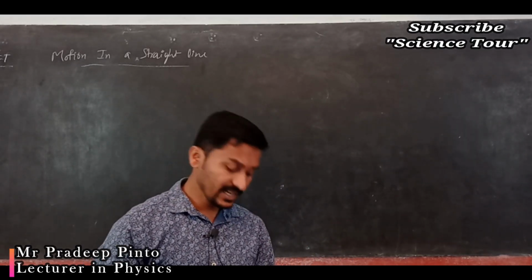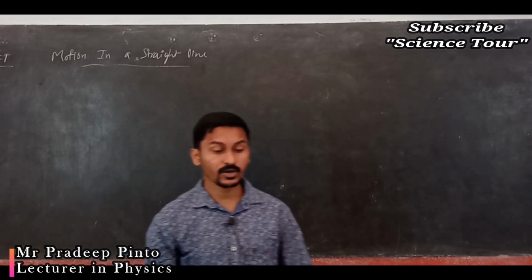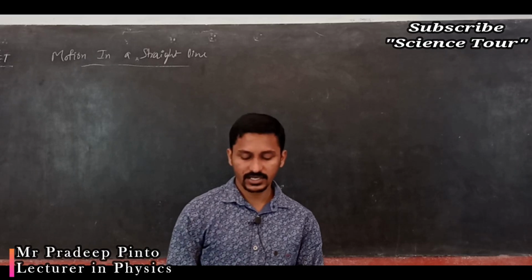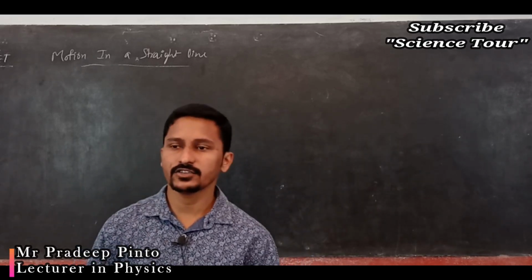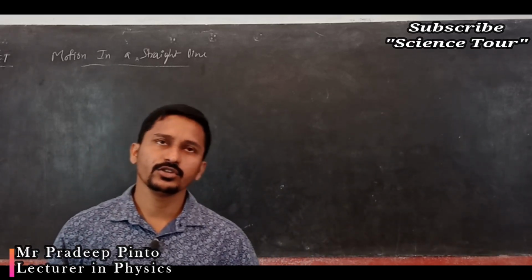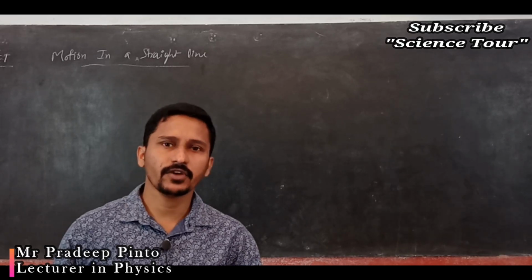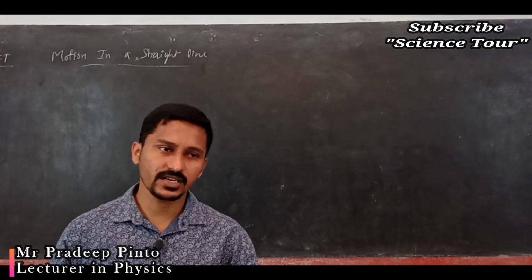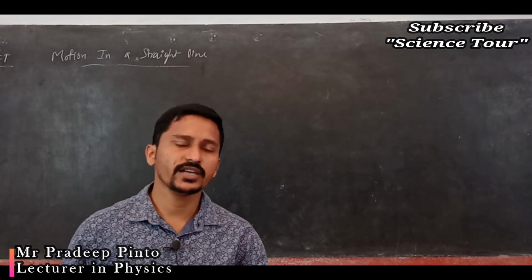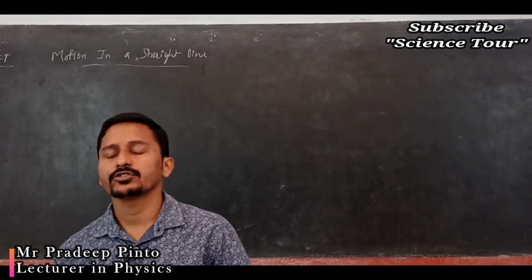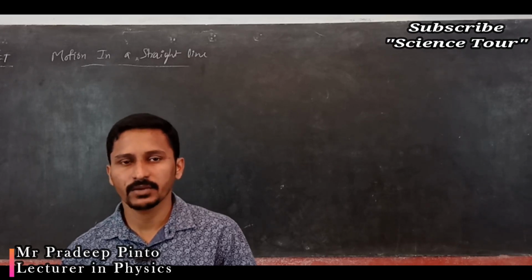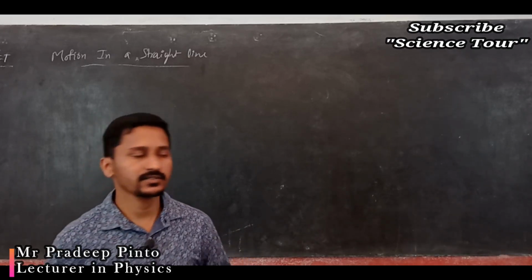So see, I will tell you, in the chapter of motion in a straight line, if you consider all the NCERT, the graphs, the average velocity, displacement, those questions come, and after that free fall. A very, very important case is free fall and retardation. So anyway, they are going to ask you those two questions. Most of the cases, free fall. Okay, free fall means what? That we are going to study. Before that we are going to talk about kinematic equations.